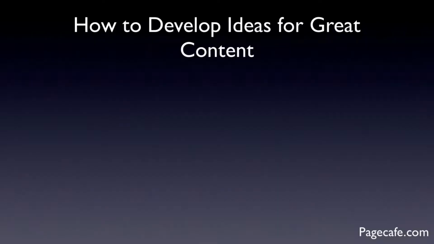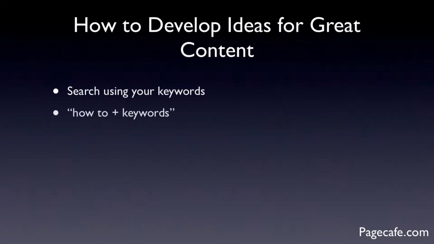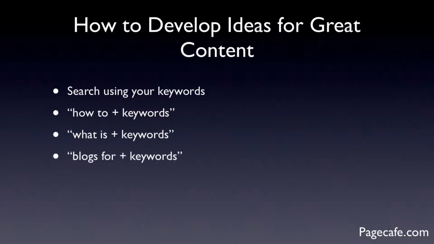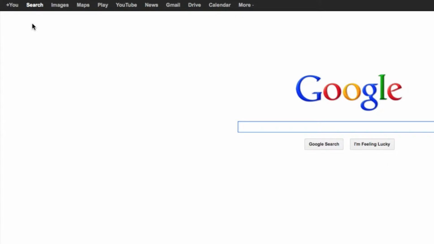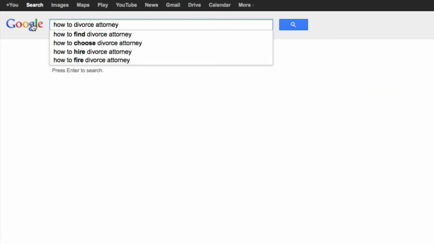My first tactic for brainstorming ideas for content is to search using your keywords. And I like to search on how to plus my keywords, what is plus my keywords, and blogs for my keywords. And then I try all these same searches on YouTube. So let's try that. Okay, so my keyword is divorce attorney, and I'm going to do a search on how